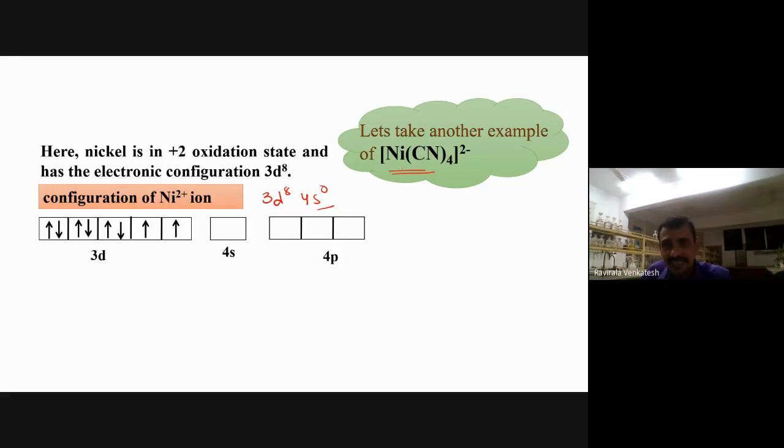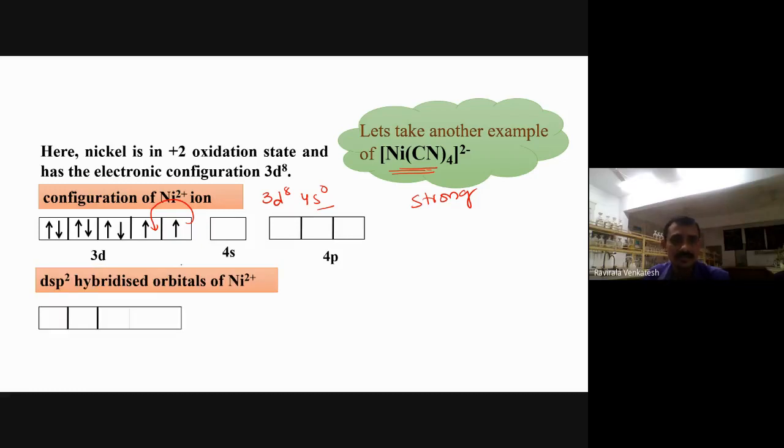Now tell me, what type of ligand is cyanide? Just now we got strong ligand. So in the presence of a strong ligand, what happens? This electron will move here, and this electron will move here. Now what do we get here? Like this we get. Now I will write it again instead of writing like this. No problem, I will draw this again. How do we get it here? Like this.